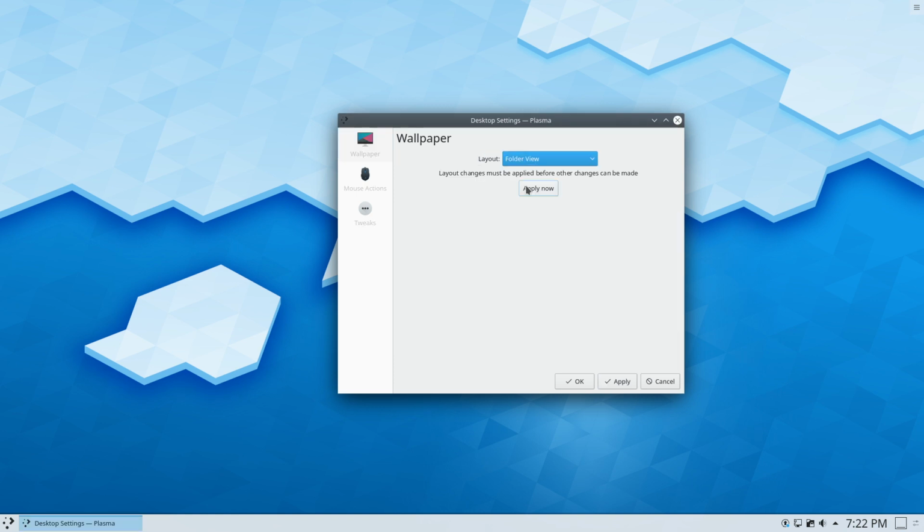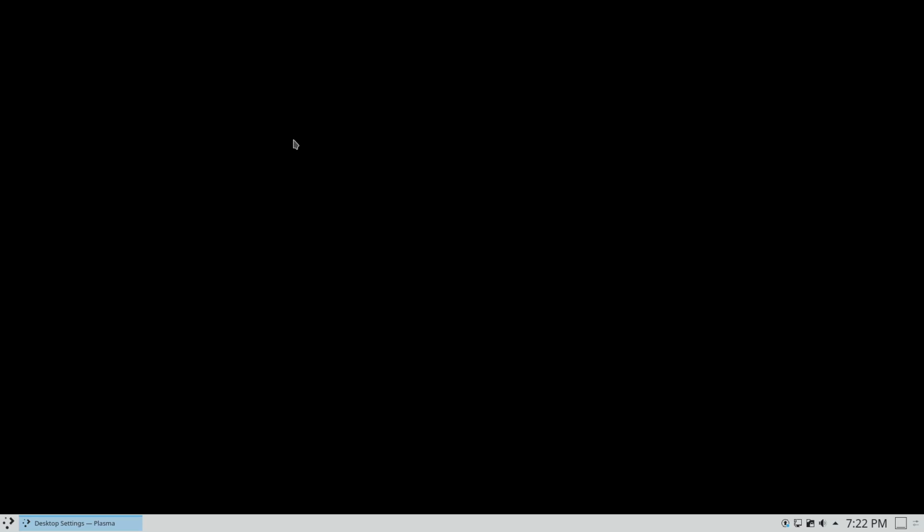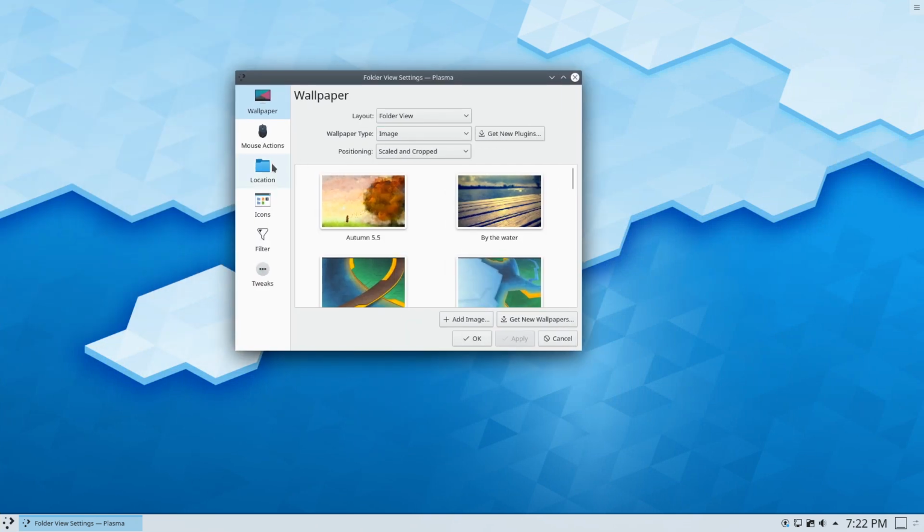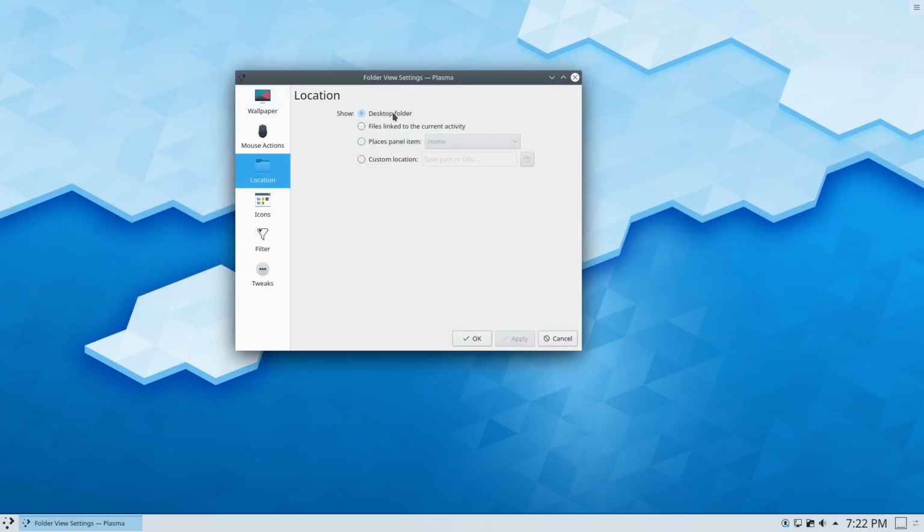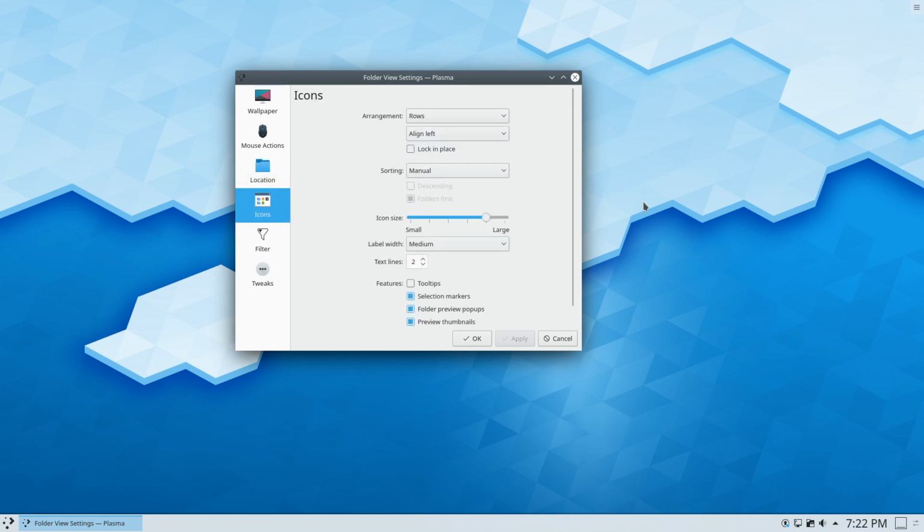For those of you that do like using the desktop, you can set it over there. You can set your location. This is the desktop folder, or you can go to other places as well. I would have liked that Plasma had desktop icons available to easily turn on, but they don't, and that's going to be consistent across any version of Plasma.